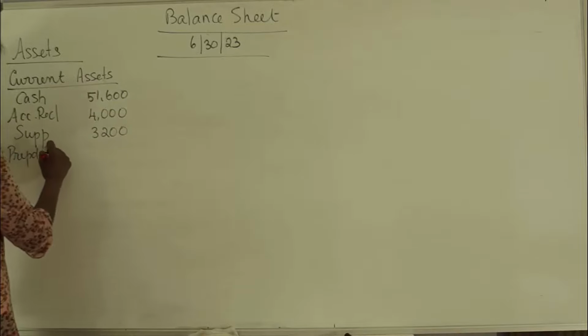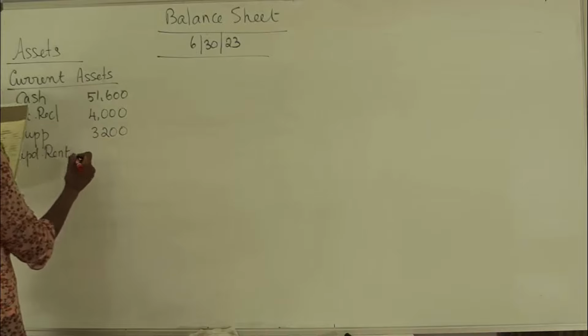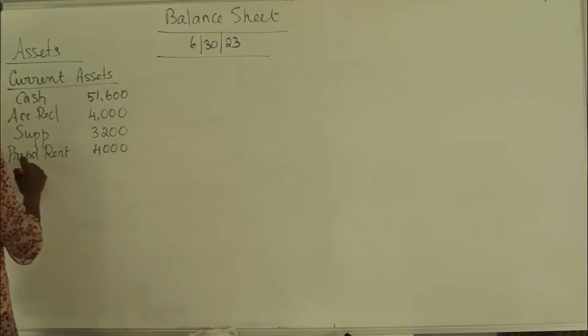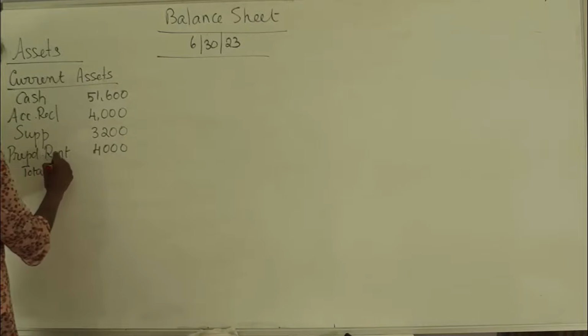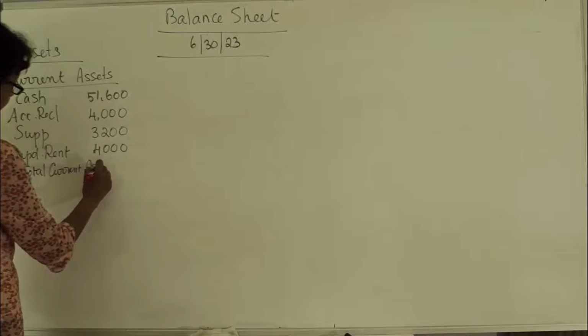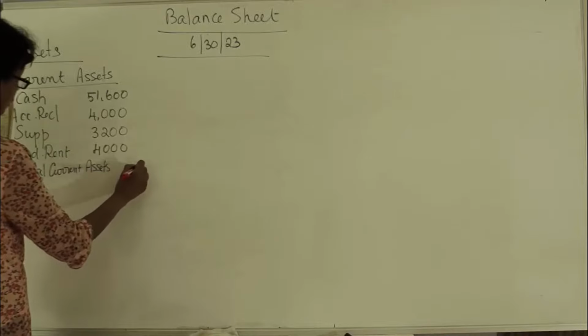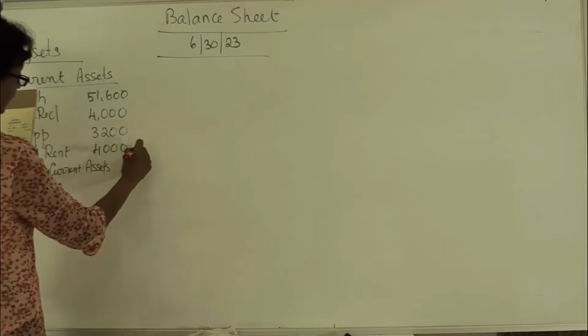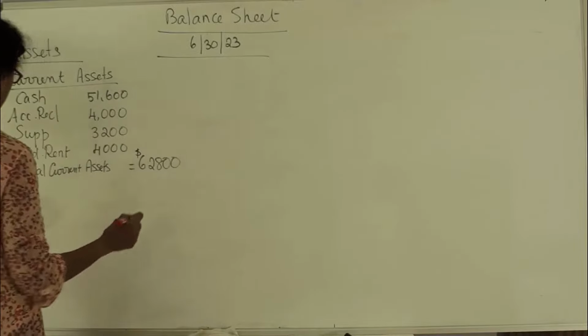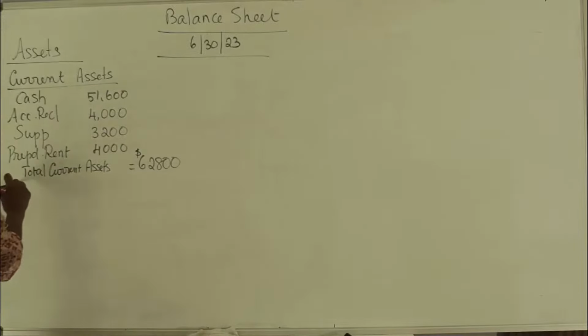Prepaid rent, 4,000. So total current assets equal, you add them up, it comes up to 62,800. And then you go to your